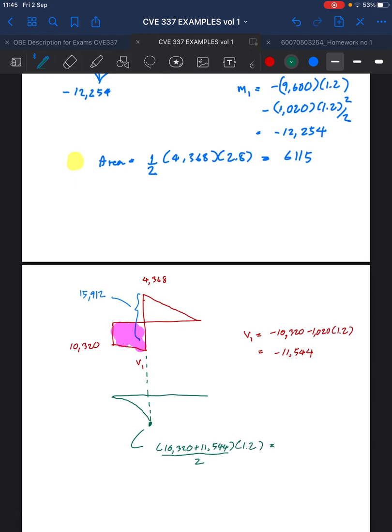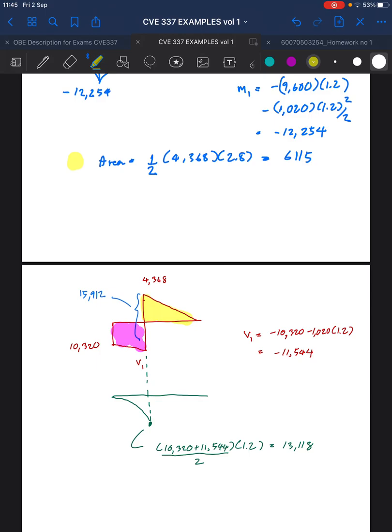Okay, so hang on. It's 13118. Okay, and then again we have this positive area, which may not be enough to bring this moment diagram